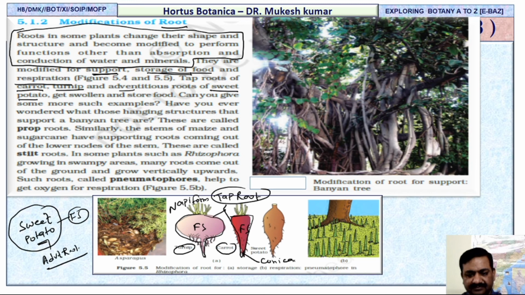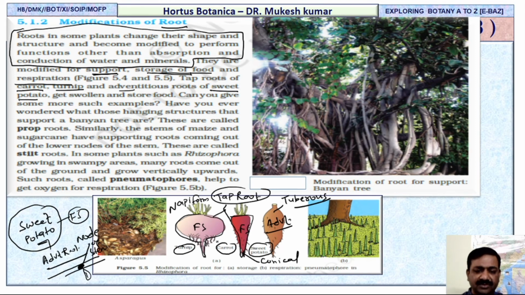Conical. Yes, very good. Sweet potato is given here. So this is the adventitious root, and this adventitious root is also tuberous. It is an irregular structure. But how is it an adventitious root and not a taproot? Because you will find this is the stem, and the roots arise from the node of the stem. Since they arise from the node of the stem, it is adventitious, not radicle. Okay, not taproot. So three examples, and these three examples are modified due to food storage.